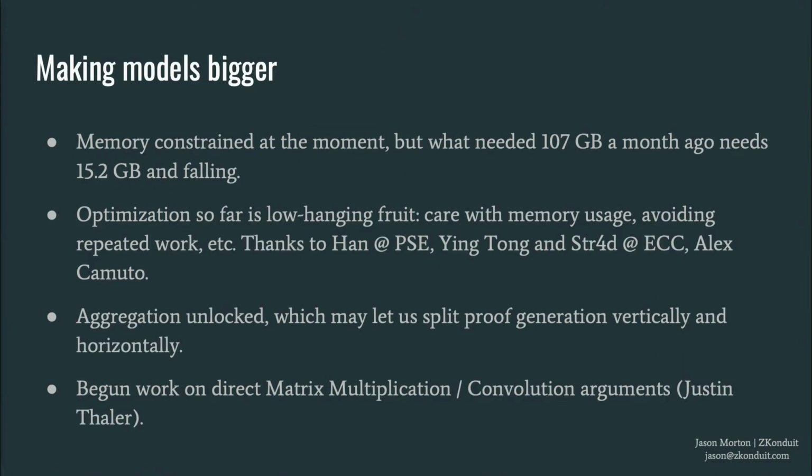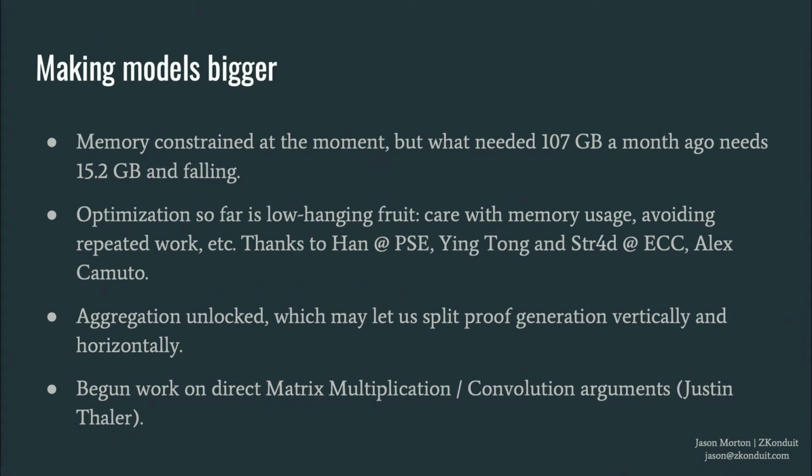The stage we're at now is trying to make the models bigger. I mentioned the proof of concept from the summer. We were at 107 gigabytes to do MNIST inference. It's now down to 15. There's a lot of low-hanging fruit because Halo 2 is written with the Orchard circuit in mind, and this circuit has different properties. Once we expose the issues, it's actually quite quick to fix them. That's why we're getting to GPT-3 soon.